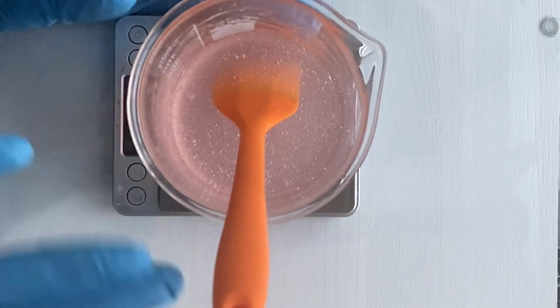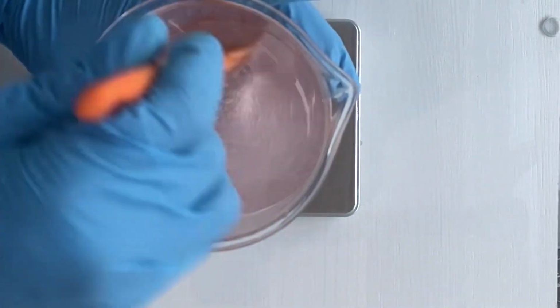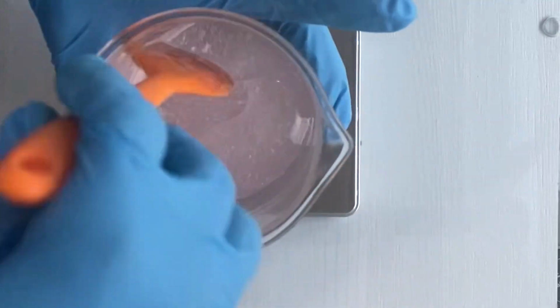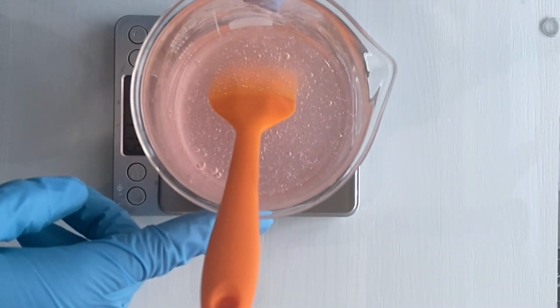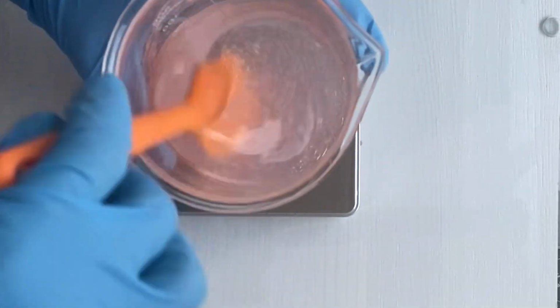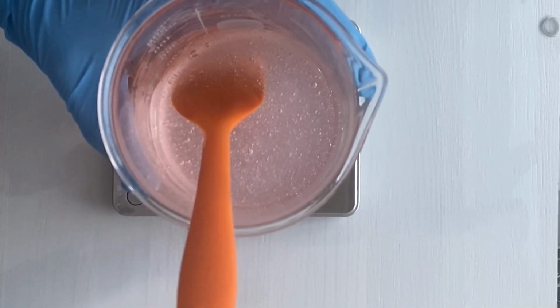So I lowered the pH off camera because I'm running really behind and I need to get to the post office. So in total, I added 0.8 grams of my solution, which is